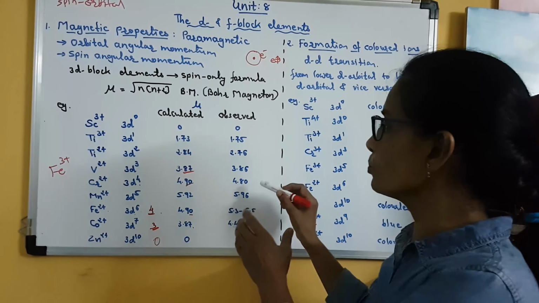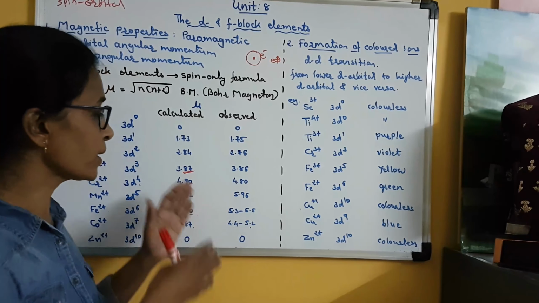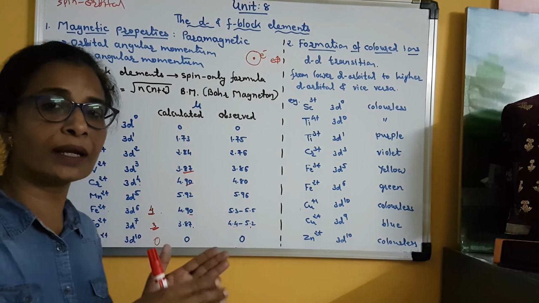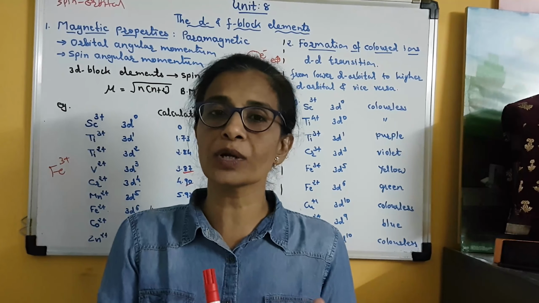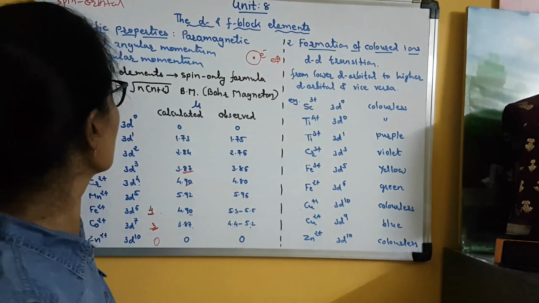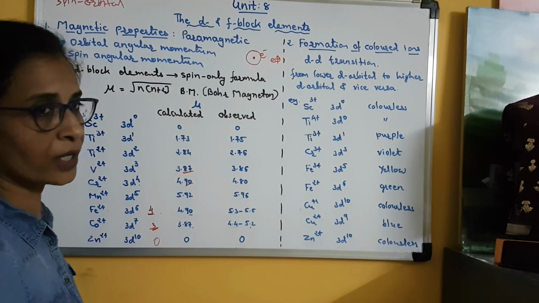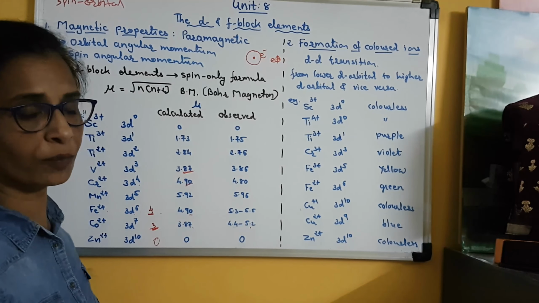So this is again an important point which is not mentioned in the textbook, but it is important: why the theoretical and experimental magnetic moment values of transition elements are slightly higher or lower than each other. So why is it so? It is because of spin orbital coupling. Got it? So this is a very important topic from the MCQ point of view, and in a 2 marks question also you can be asked such short notes.